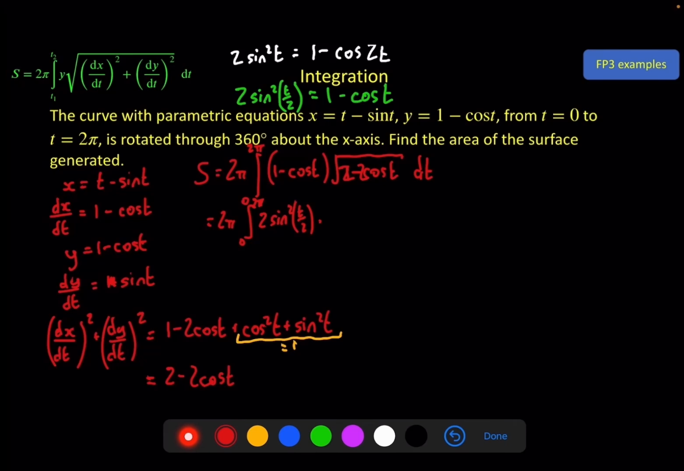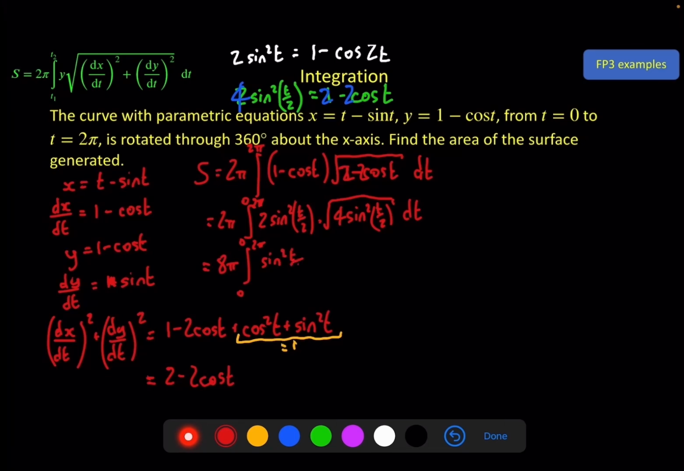Okay, timesing that by 2, so I've got to change this again. This is a 2, this is a 2, this will be a 4. So inside the square root, I'm going to have 4 sine squared t by 2 dt. Which is quite nice because the square root of 4 is 2, and I've got another 2 here and another 2 here, so I'm going to pull all of those out and make that 8 pi integral from 0 to 2 pi